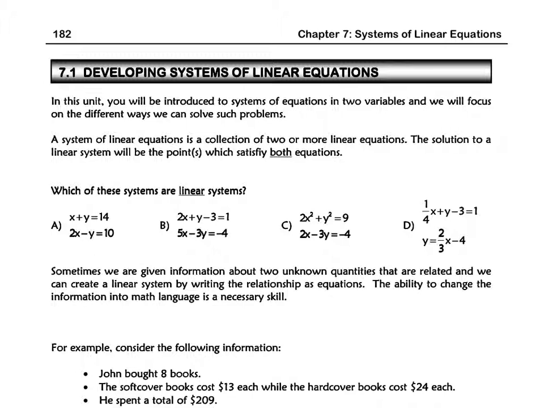So if you have to identify in the first question here which of the following systems are linear systems, you need to be able to determine if the equations that are in those systems are linear equations or not. If they're both linear equations, it's a linear system. If they're not both linear equations, or if one of them is not a linear equation, then it's not a linear system. And just to remind you of the forms of a linear equation that we learned in Chapter 6